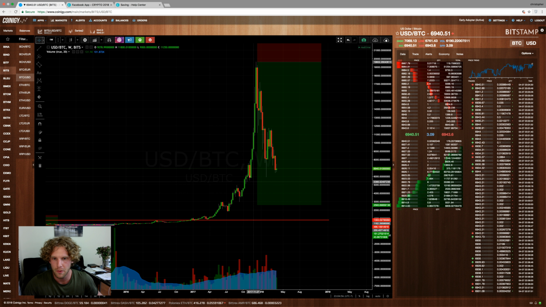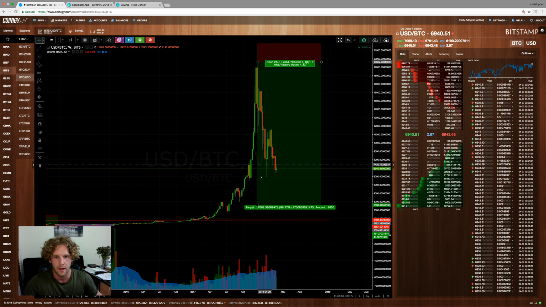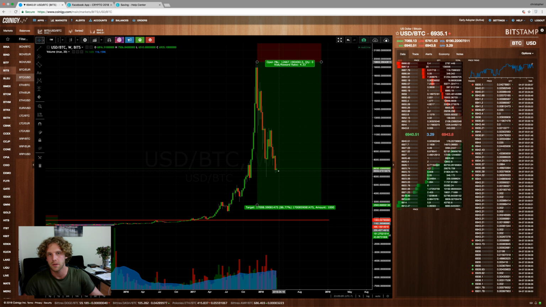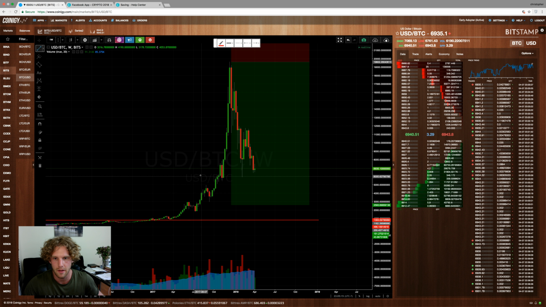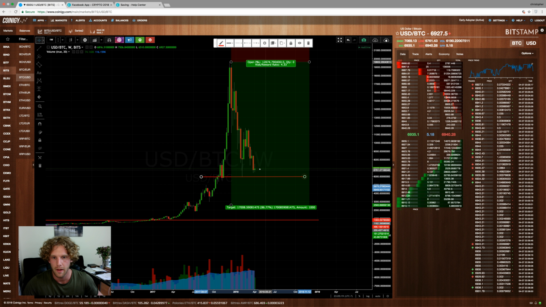And we really don't have any support right in this area. The 6K, we already hit 6K. If we hit it again, there's no such thing as a double bottom. If we hit a double bottom, it's about 98% certain that we're going to break lower. And the next step after a breakdown of 6K, let's say we break 6K, right? We come down, consolidate. Next level is going to be